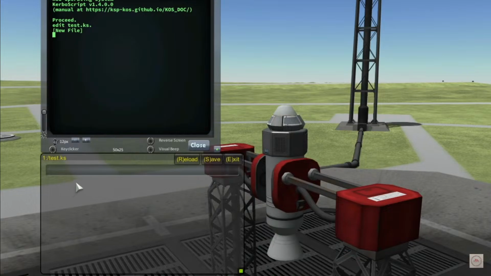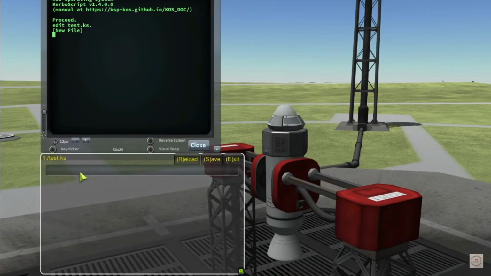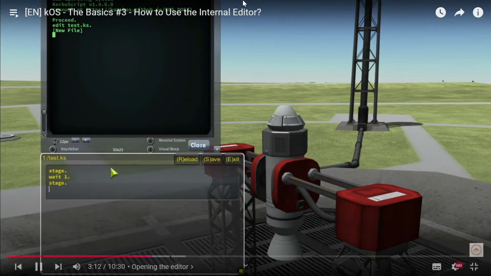For now, we have here a new window, the editor. This is the internal editor that comes with KOS, and I can write my script: stage period, and I can press the enter button without executing the script. I can do it as long as I want. So I can write my script as long as I want. So the script was stage, and after wait 1 second, and then stage again, and